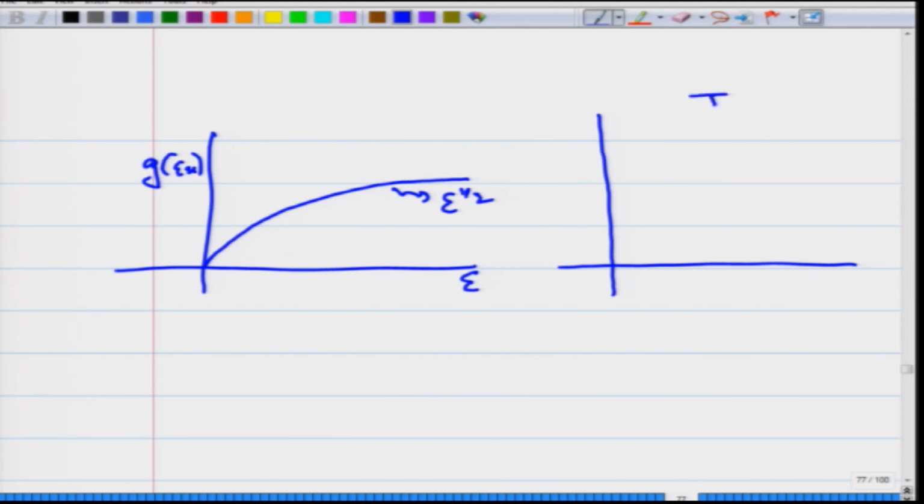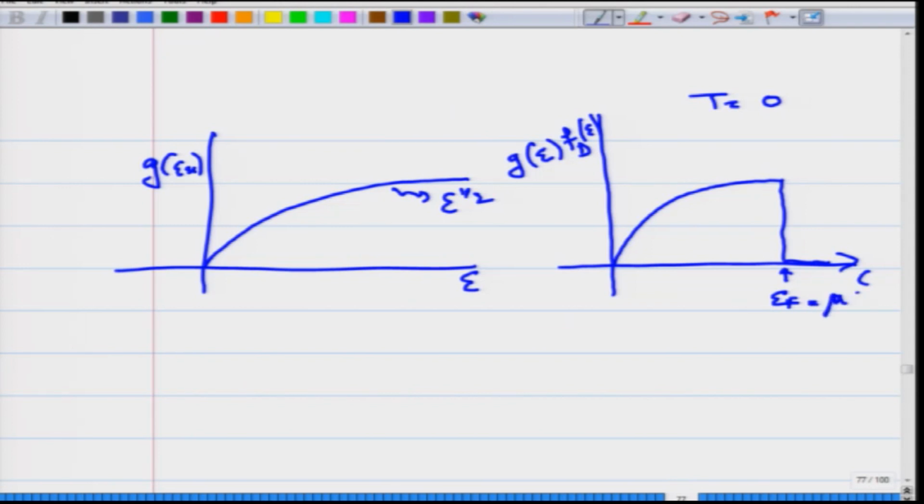So, at temperature T equal to 0, G(E) into f_FD as a function of E will look like this, up to the chemical potential at temperature T equal to 0 Kelvin, and these are the occupied states. This is the density of the occupied states. These are all occupied,